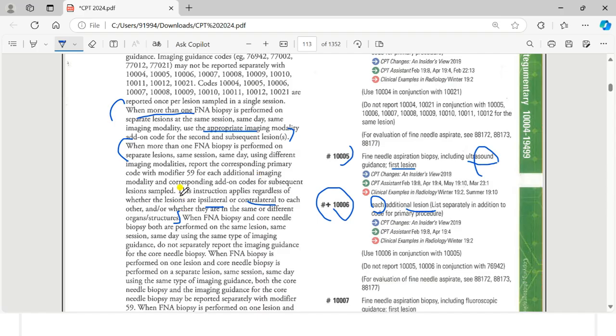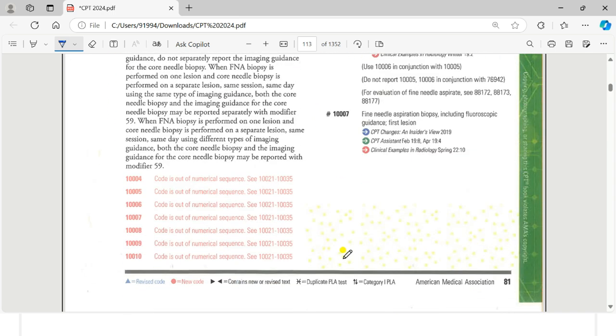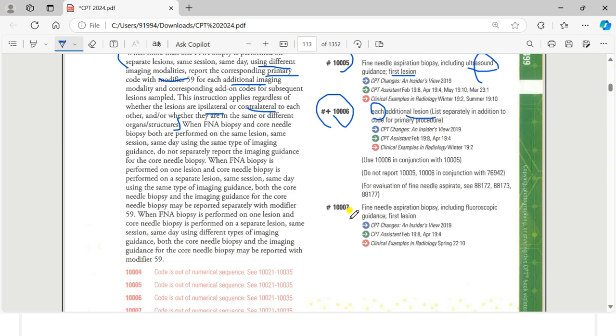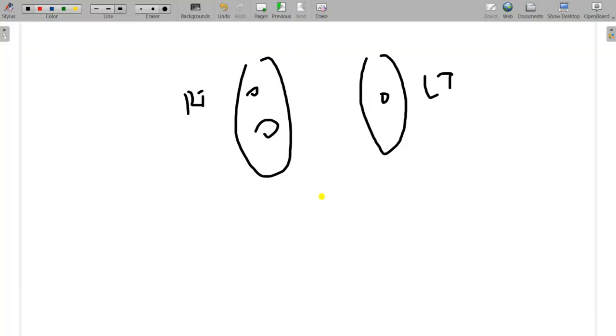So whenever more than one FNA is performed on separate lesions using the different imaging guidance. So how do we report this? First we need to code the primary code and then the add-on code of that particular imaging guidance, not again the primary code. Let us see one example.